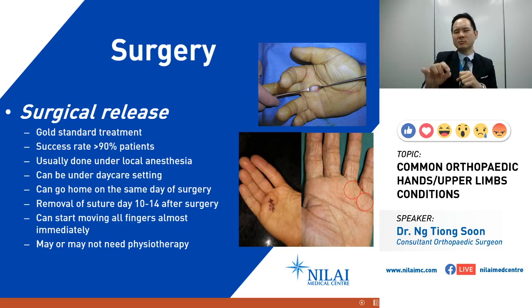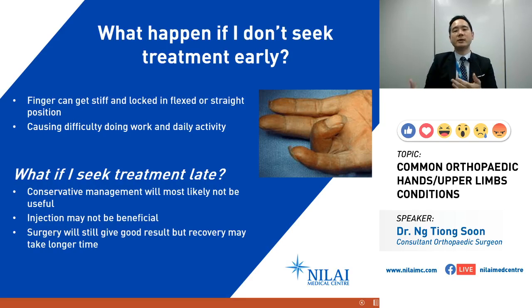How frequent do people get this? About 1 to 10 people in 100 will get this. Risk factors include being female. Females tend to get it more than males. Others are older age, pregnancy, which I mentioned just now, thyroid disease, rheumatoid arthritis, kidney failure, smoking, alcoholism, and repetitive motion activities of the wrist. And if you have a history of fracture or dislocation of the wrist, you're also prone to get this. Occupations at risk, as you see the last one, is